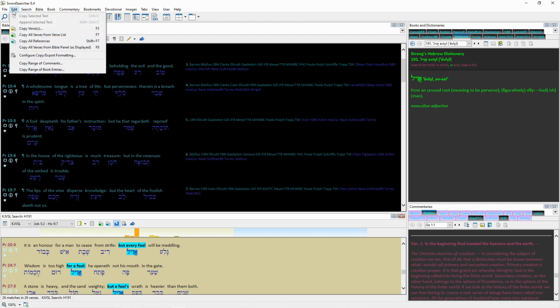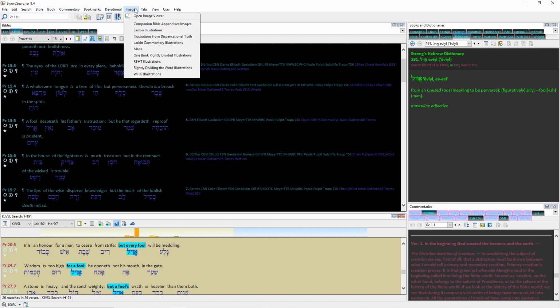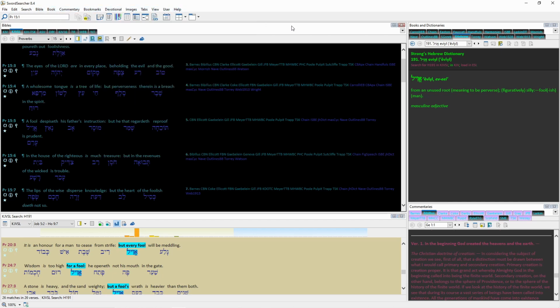They have all of these different headings up here. Again, it might be a little overwhelming at first when you approach this, but I promise once you start to use it more and more, it'll become like the back of your hand. Why I use this specifically is this section over here, the books and the dictionaries and the commentaries.